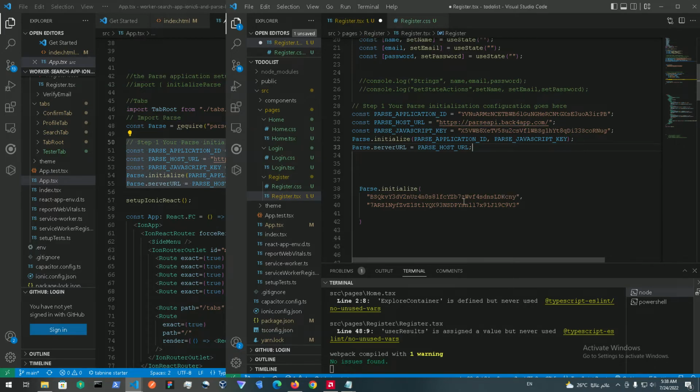Alright, so let's just get this. And what I did before, guys, I just assigned 3 consts over here, and inside these 3 consts I just added in the API keys that we needed and the API for Back4app, which is the parse host URL over here. So we don't have to use all of this, we could just do